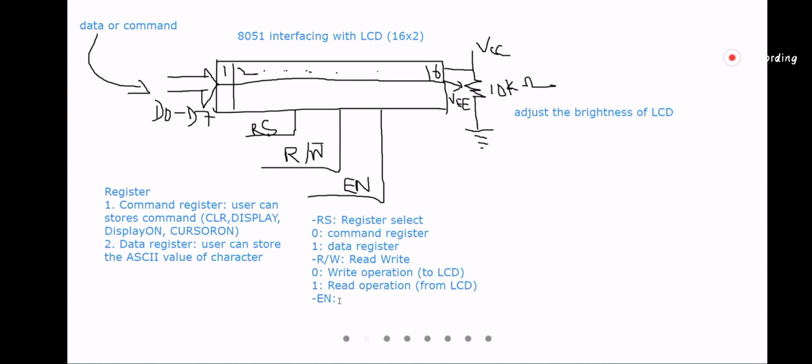I'll write it here. Latching is required to send the signal from the data bus.